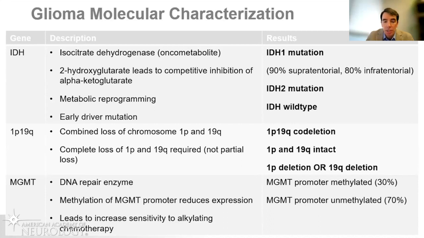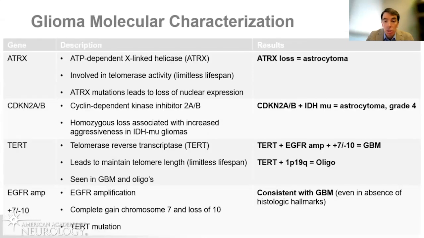It predicts response to chemo, and that's how we use it. There are some other genes that you may want to search and look up if you're interested in neuro-oncology: ATRX, CDKN2A/B, CIC, TERT, EGFR, and gain of chromosome 7, loss of chromosome 10. I don't need you to know about these things. I want you to know of them